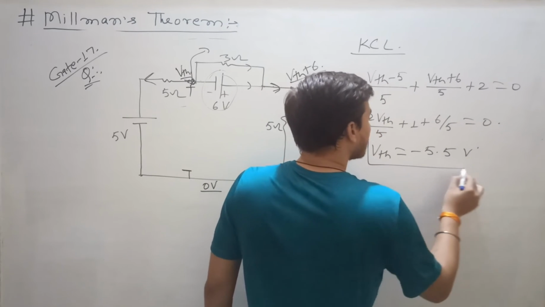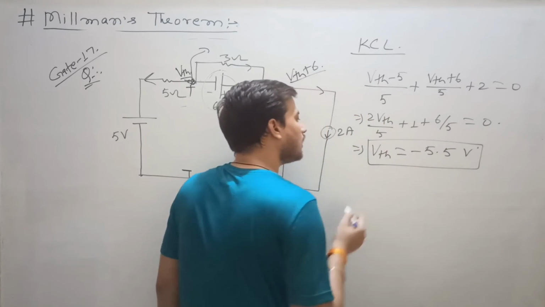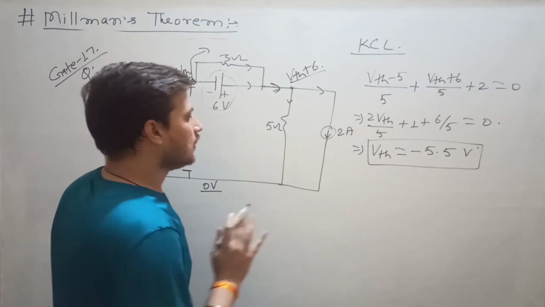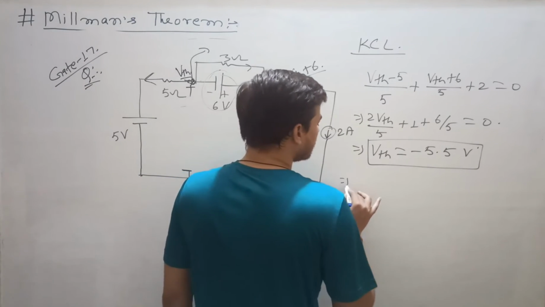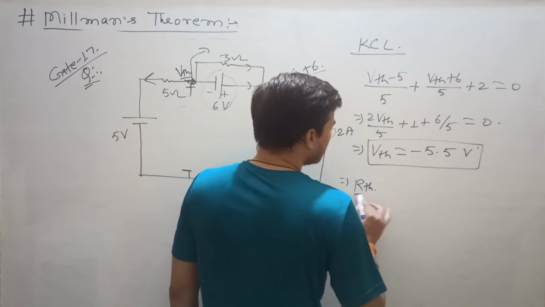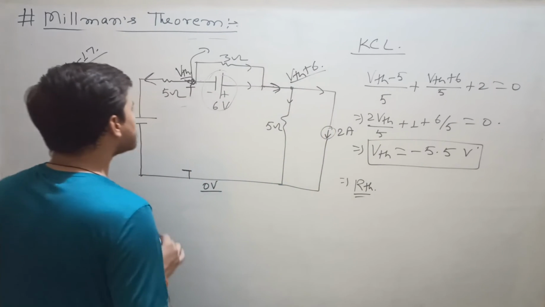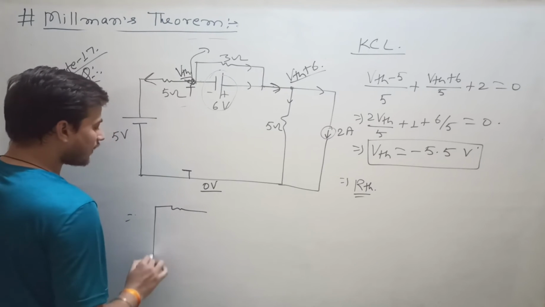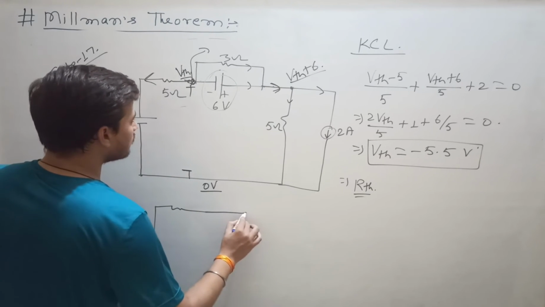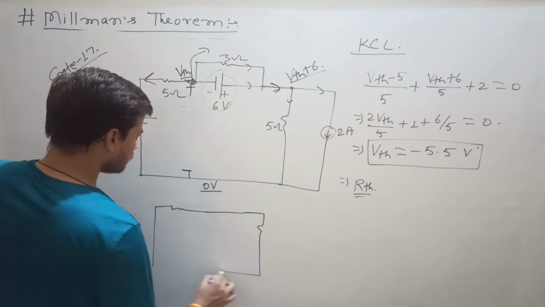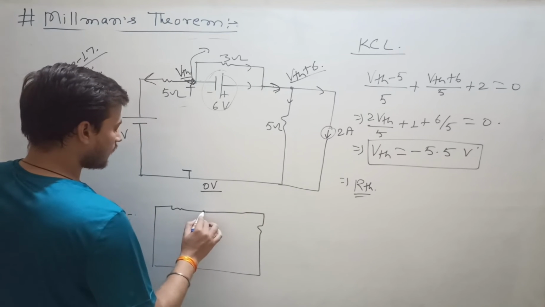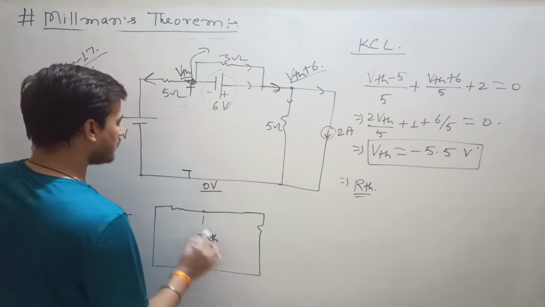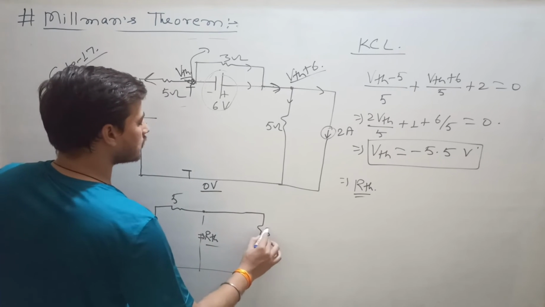Now here Thevenin's voltage is coming negative. Don't confuse this with this one. Next write for RTH. For RTH, if you draw the circuit, then you will have to deactivate the independent sources. The circuit will be like this one. From here you have to write RTH. It is 5 ohm. This is also 5 ohm.